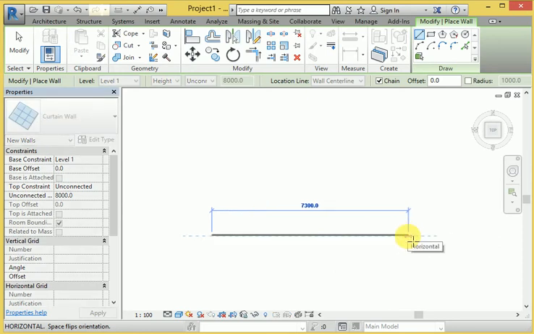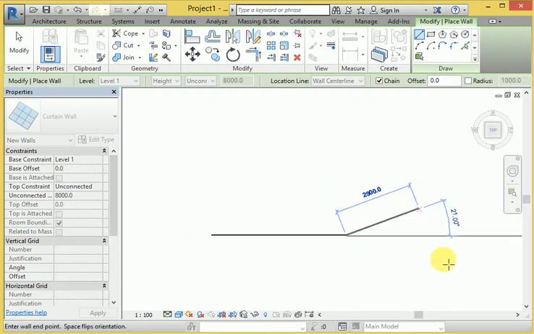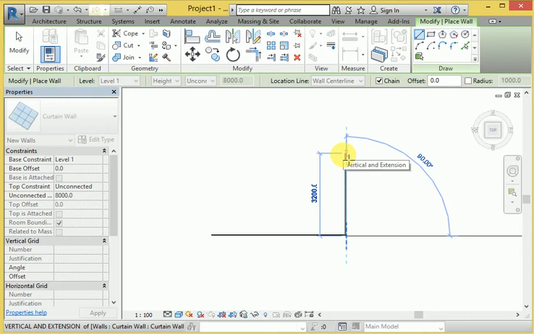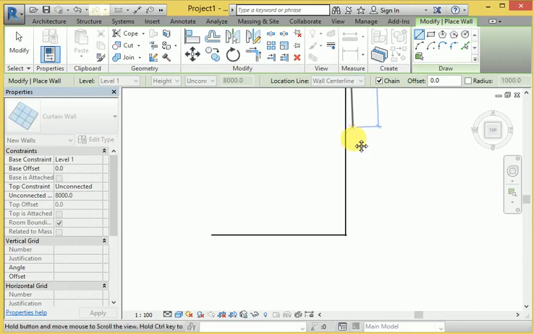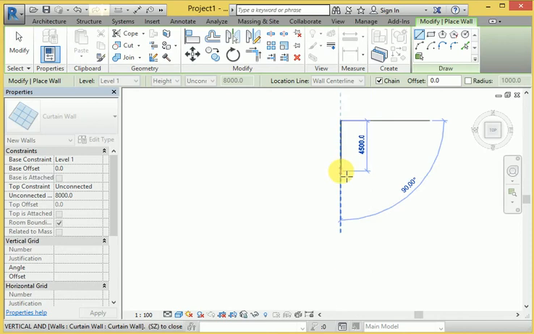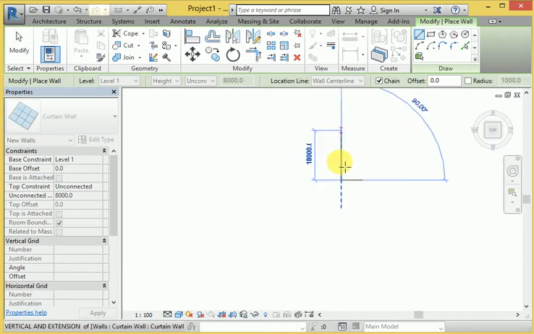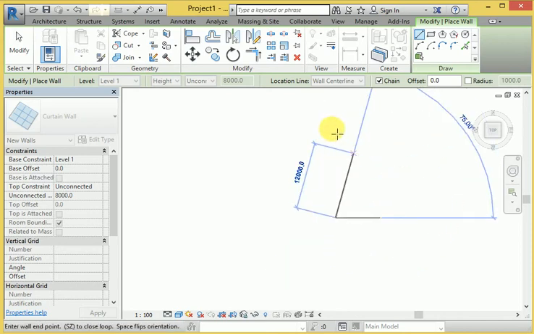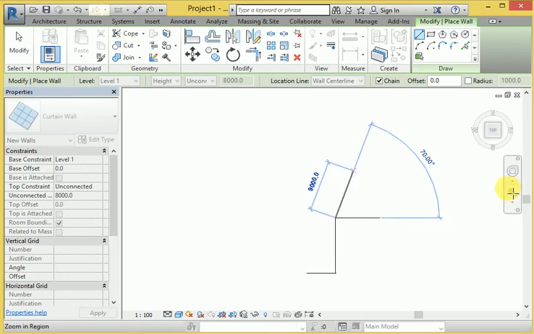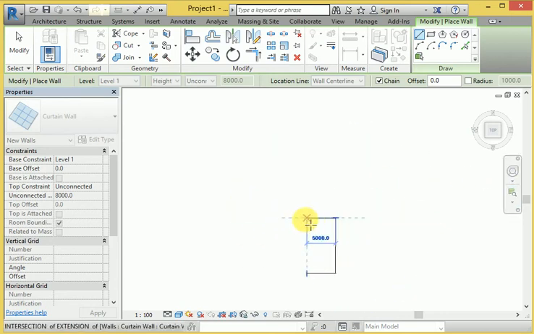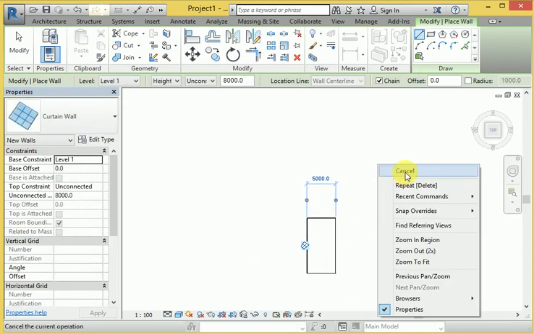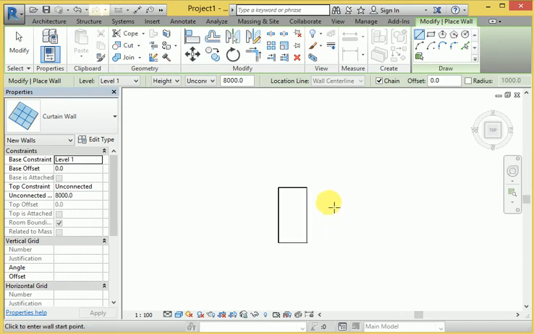When I create the line it is 5000, then after turning it is 10,000, and again I turn, and again it becomes 5000, then 10,000. It completes the wall here.